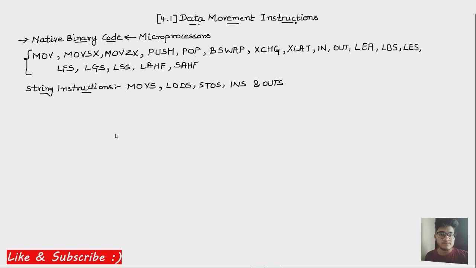So we are going to start with a very simple topic, which is the title of this video: instruction formats, or simply instruction format. We have two types of instruction. The first type is a 16-bit instruction, right? And the second type is the 32-bit instruction. So we have two instruction types, 16-bit and 32-bit.